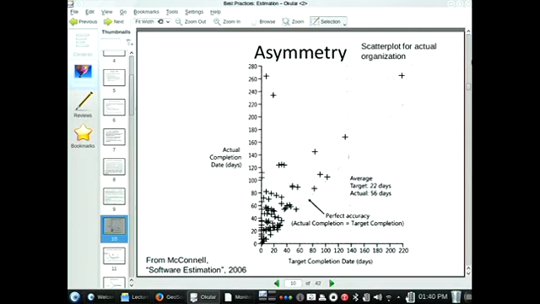What other things do you see in this pattern, in this diagram? Look at that one. That one says it would take 4 days. It actually took 260 days. Okay. Someone went on a really long holiday. Said, yeah, we're going to finish this in a week, and 6 months later. Interestingly enough, there's one that they said would be done immediately, and it took